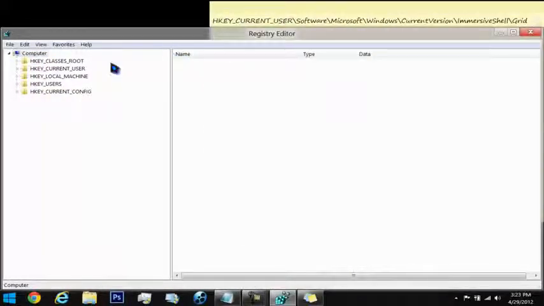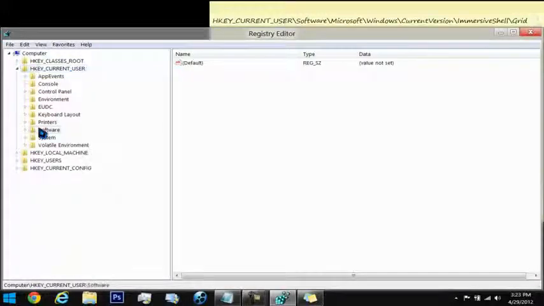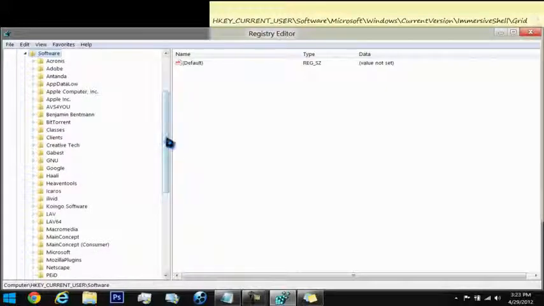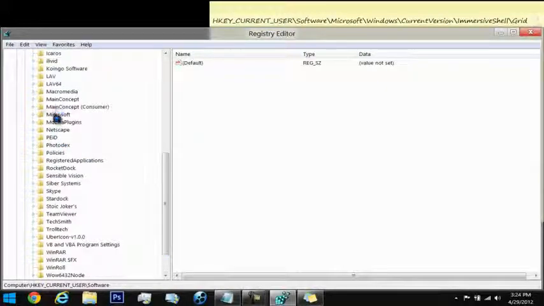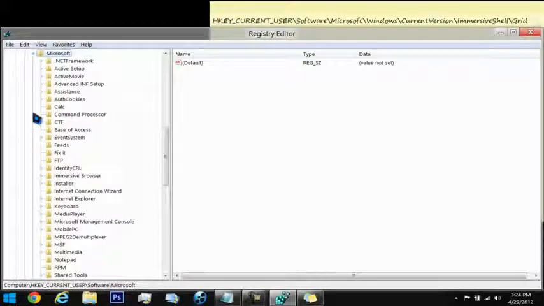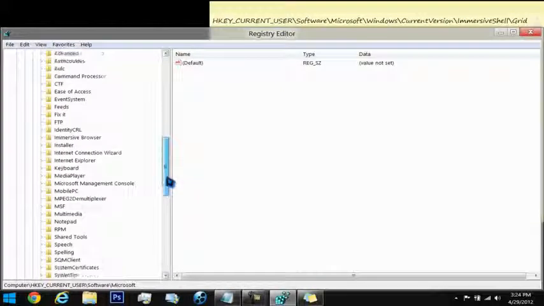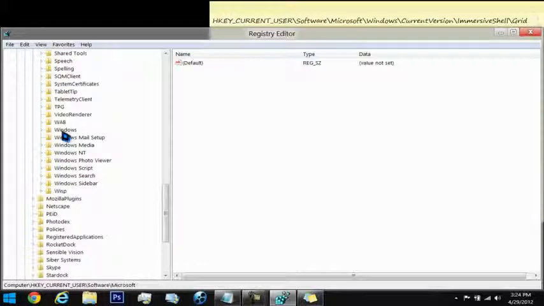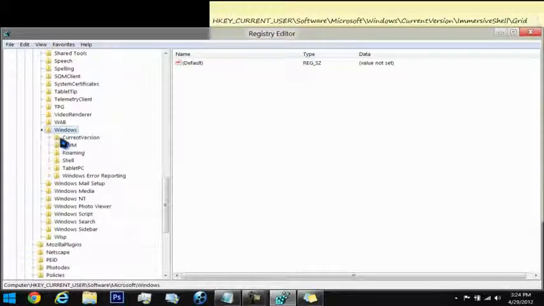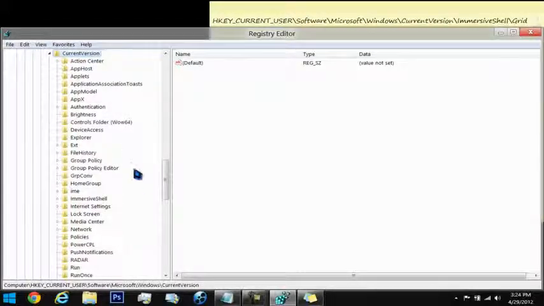You're going to click on HKEY_CURRENT_USER, which is here. Go ahead and drop that down. Go to the Software tab, drop that down as well. Then go down to Microsoft, drop that down as well. And if you see me going fast, just make sure you pause the video. Down to the Windows tab, click on that, then drop it down. To CurrentVersion, drop that down as well. And down to ImmersiveShell, wherever that might be, right here, drop that down as well, and click on